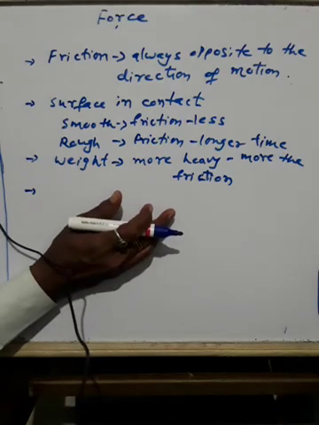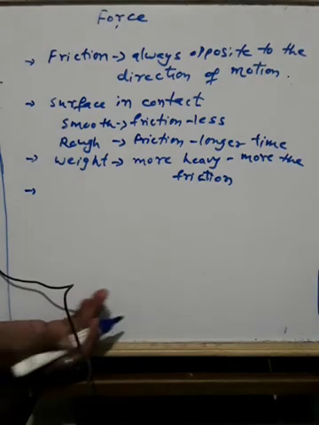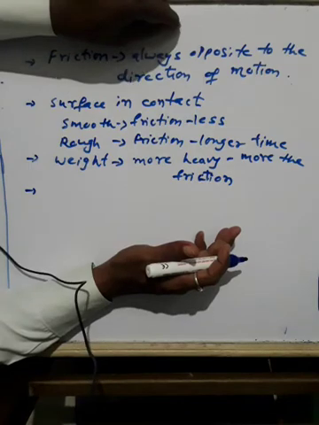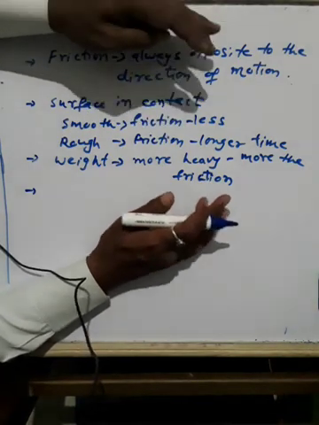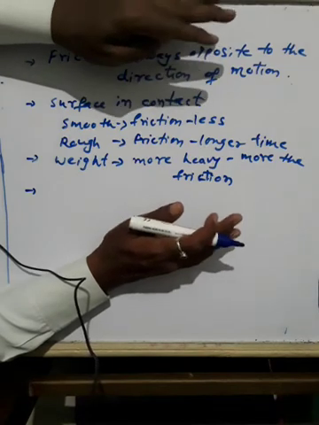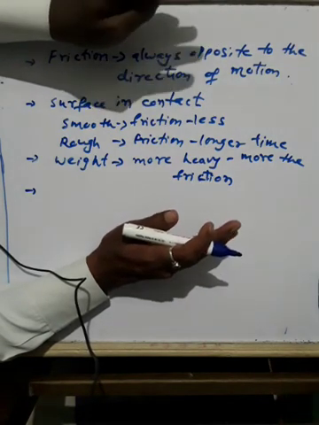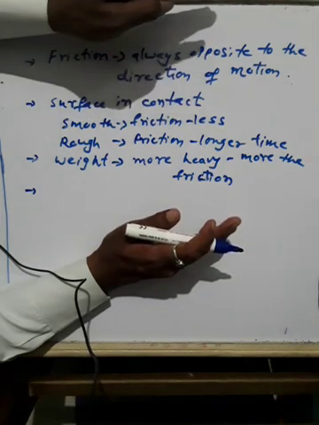When you examine very closely, even though it looks smooth, it is rough in surface. As one surface slides over the other, these depressions and elevations lock into each other,